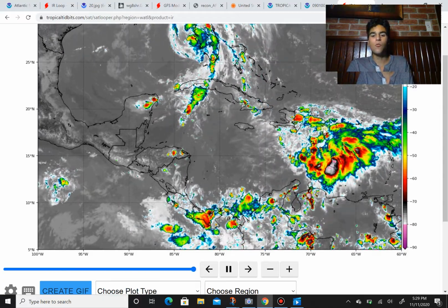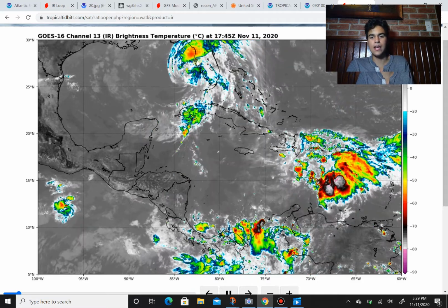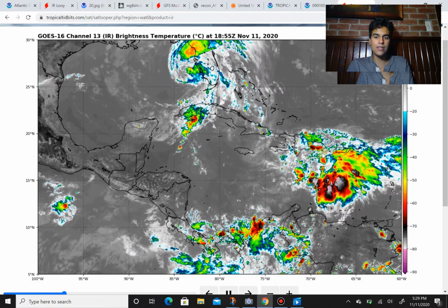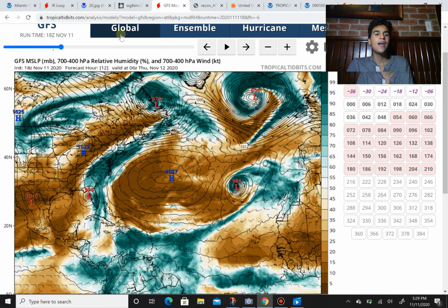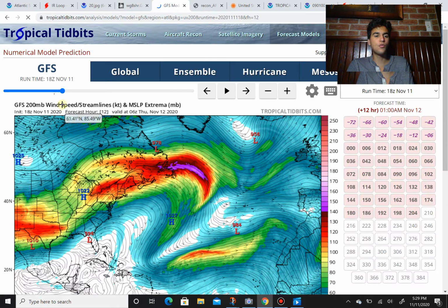And you see that while there is a lot of thunderstorm activity, definitely more than what we're seeing in Eta, it's definitely weaker, and it's dealing with a lot of wind shear at this point. And I'll show you guys why right now, because if you take a look at the GFS 250 millibar wind forecast at this point,